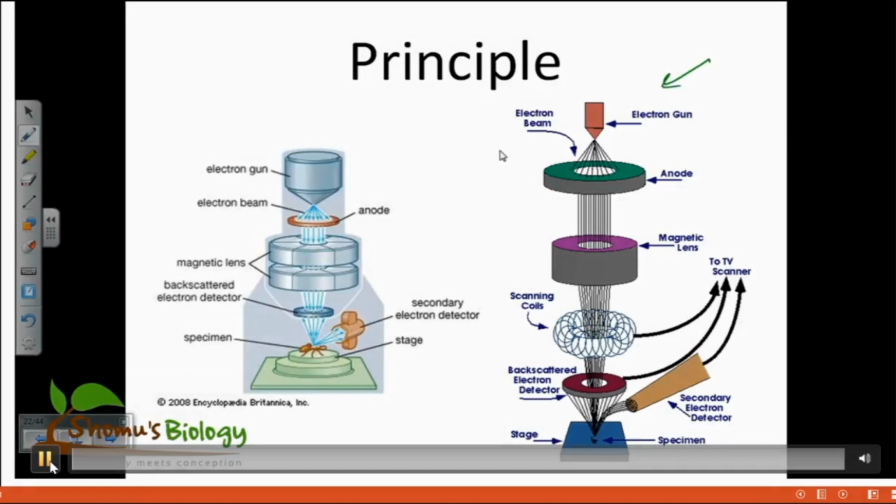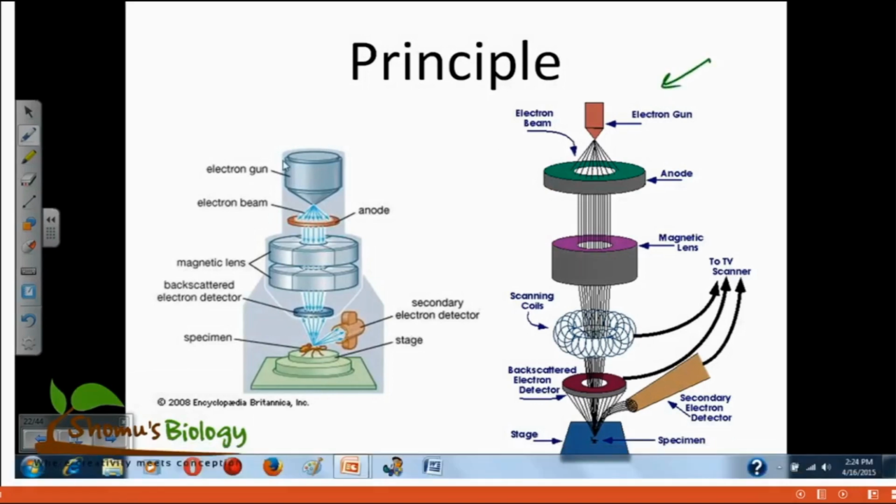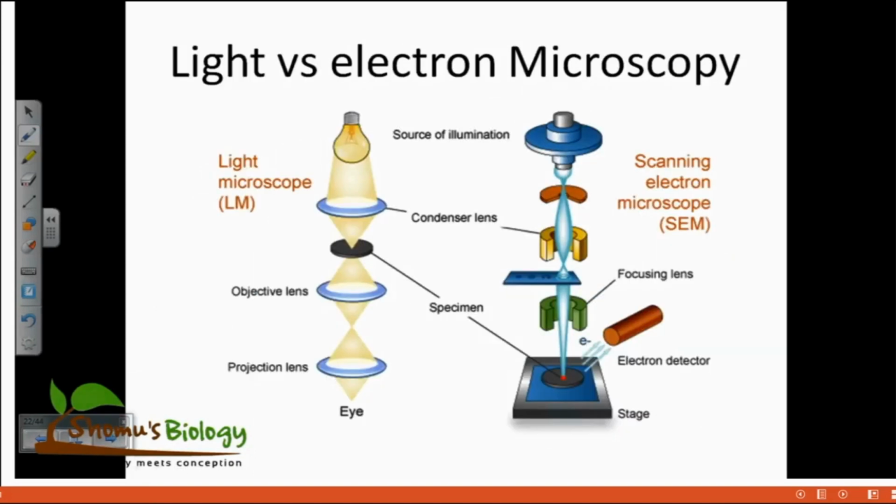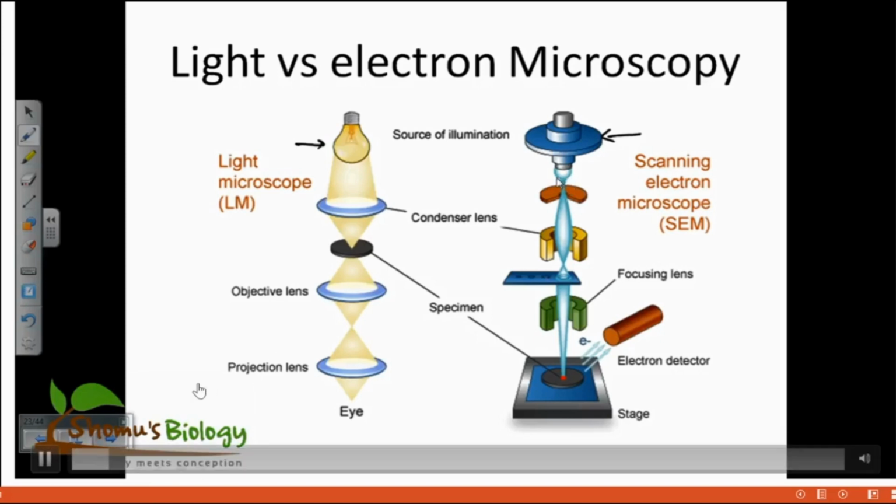Right hand picture, this one. The idea that we see here in this picture is that there is an electron gun, which is the source of the electron, similar to the light microscope. There should be a source of light. So let's talk about the comparison first because it will be better. Here in this comparison you can see, just like the light source, we should have an electron source, and the electron source here is the electron gun, right? Now in the light microscope again we should have, here we have